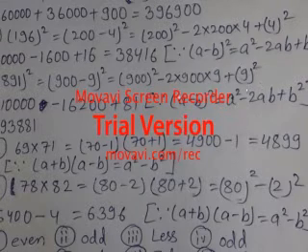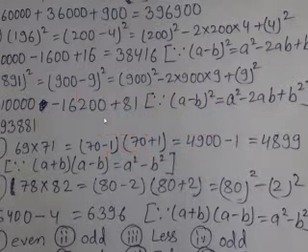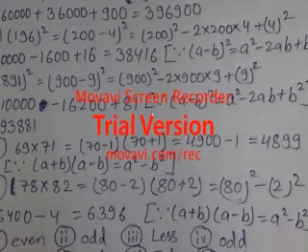9² means 9 × 9 = 81. You will try. If you think you have a lot of time, your brain will be active so that you can also do it orally. And as all of our students know, in calculation I am a little bit faster.